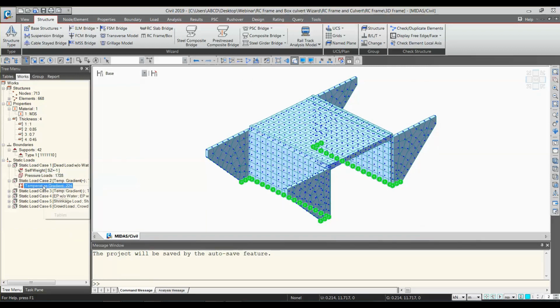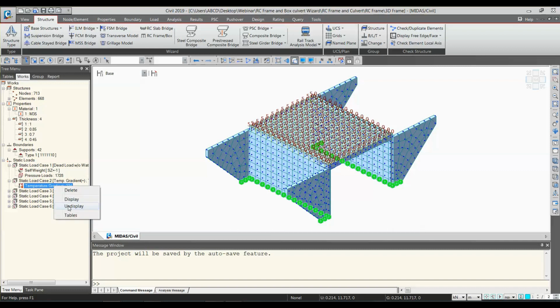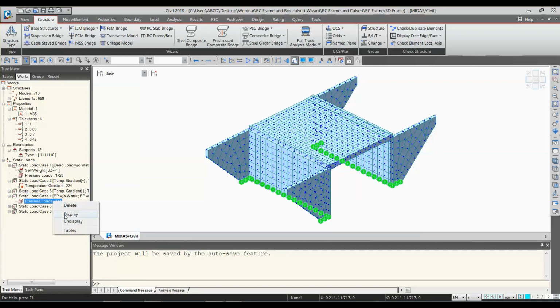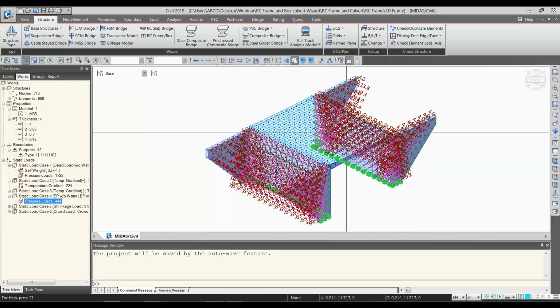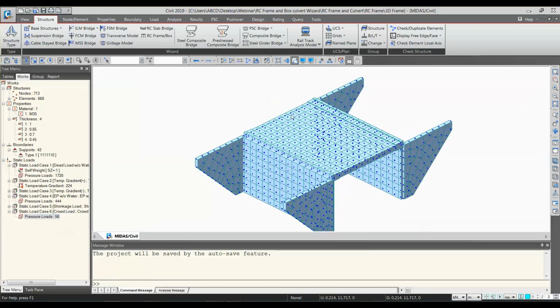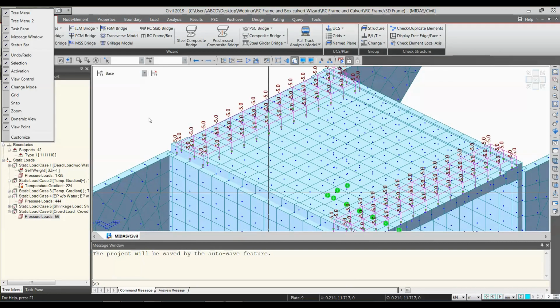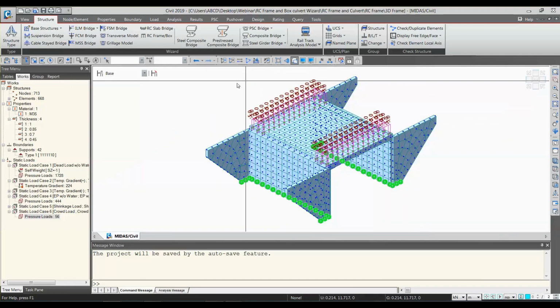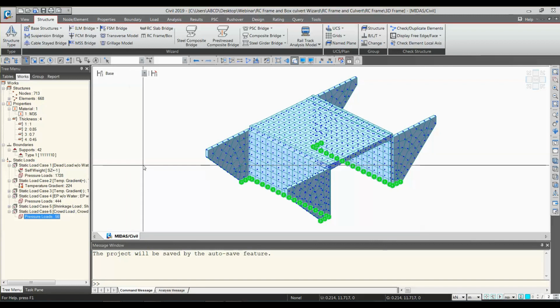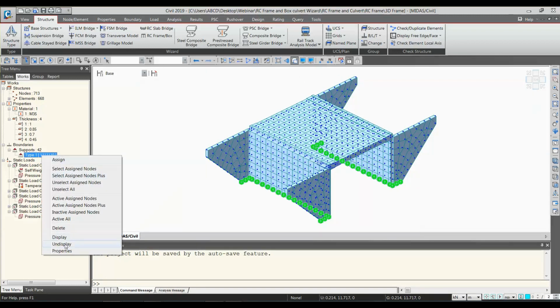Okay, let me just undisplay this. Then the temperature gradient, earth pressure here would be applied from inner side walls of your wing walls, and as well as the side walls of your frame. Okay, and then the crowd load, this would be the crowd load, 5 kilonewton per meter square, as this would be given in the area load terms itself. Okay, now before moving to the results, let's discuss the domains. Okay, so first let me undisplay this.